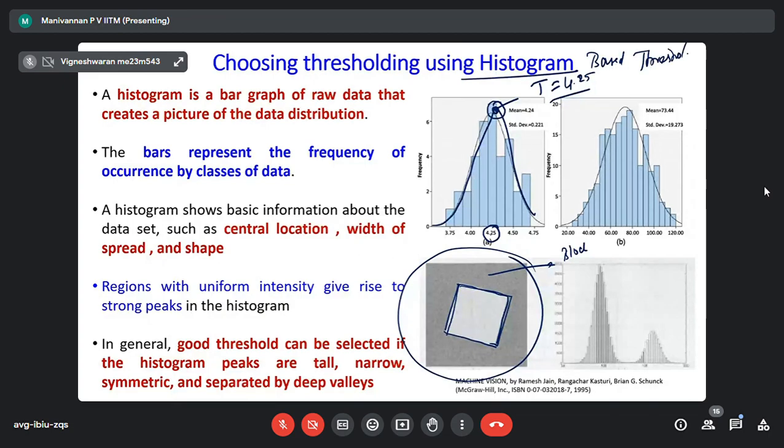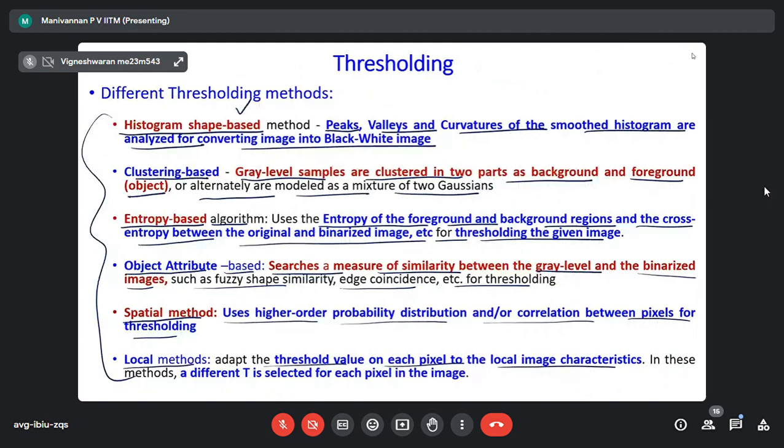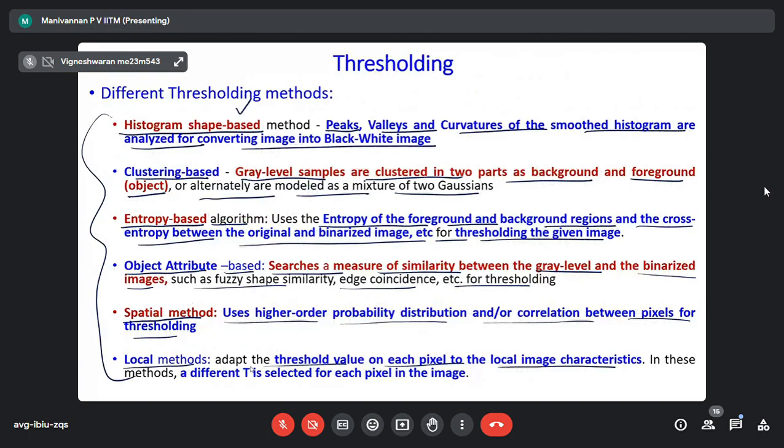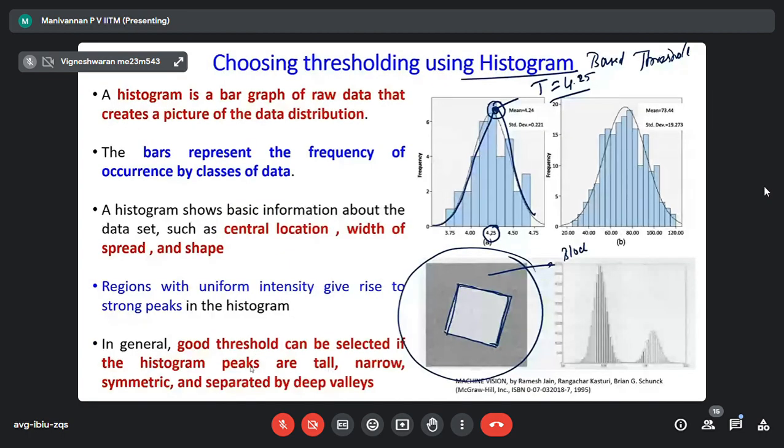What is threshold setting? Identifying what value you have to set so that I can distinguish two items. Finding a T value, which is called the threshold value, in segmentation. For that, you can use the histogram method, the first method. Okay. So now,